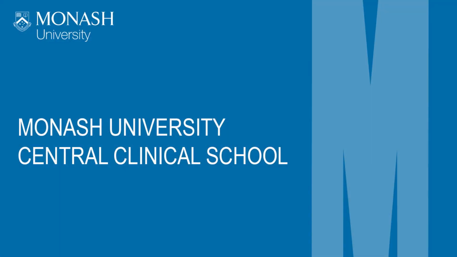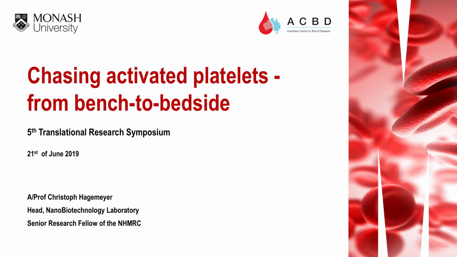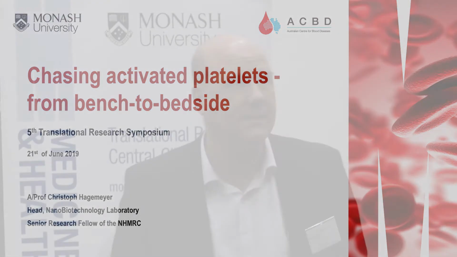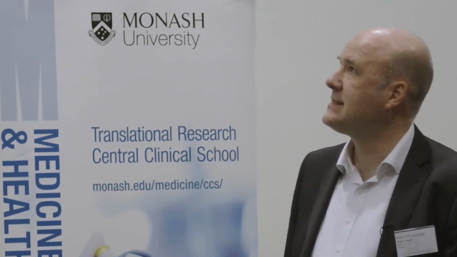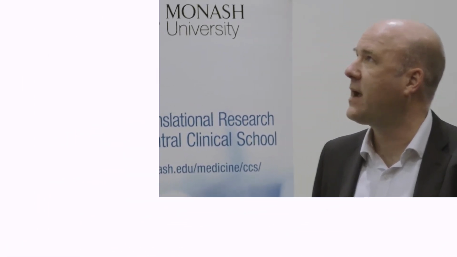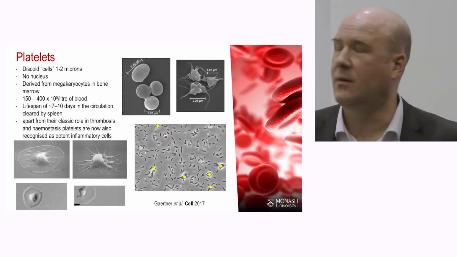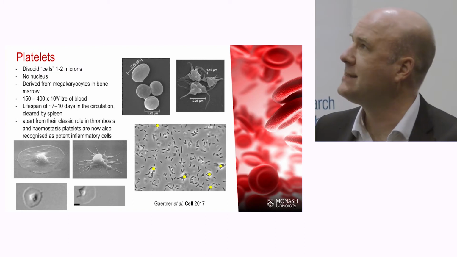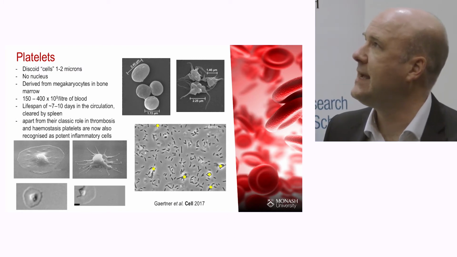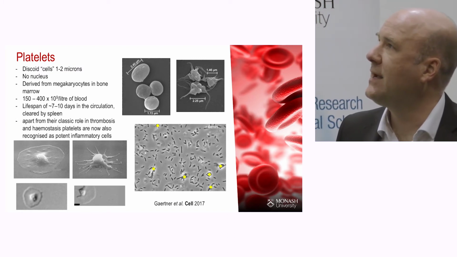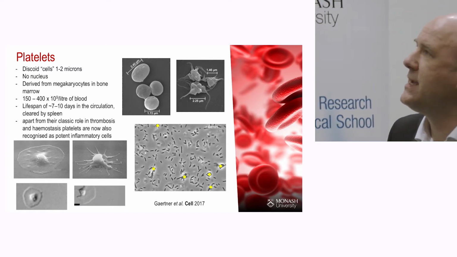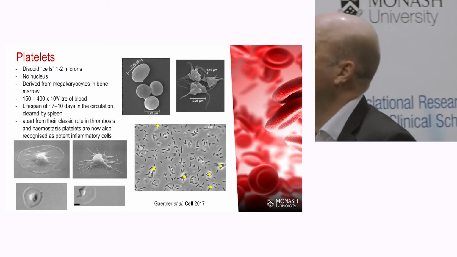As you can probably see from my talk, we are obsessed with platelets. So what are platelets? They're actually not cells because they don't have a nucleus. They're derived from megakaryocytes in the bone marrow, as I will show in the next slide. They're highly abundant, so they outnumber most of the other cells in the blood, and have a lifespan of 7 to 10 days in circulation. And apart from their classic role in thrombosis and hemostasis, they're now recognized as potent inflammatory